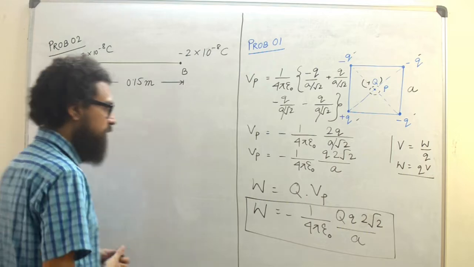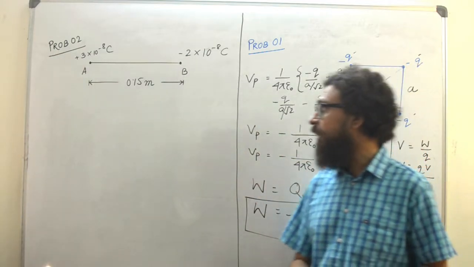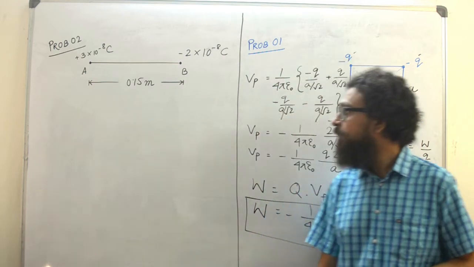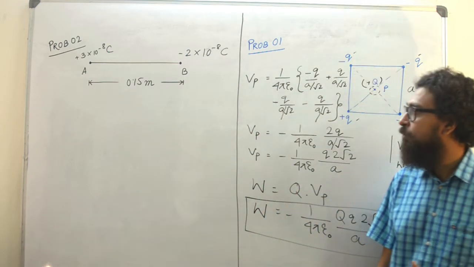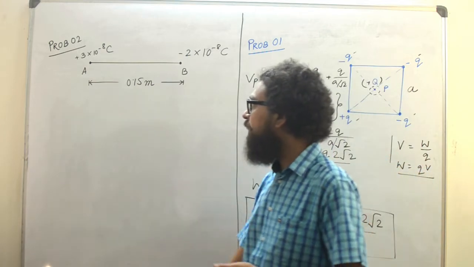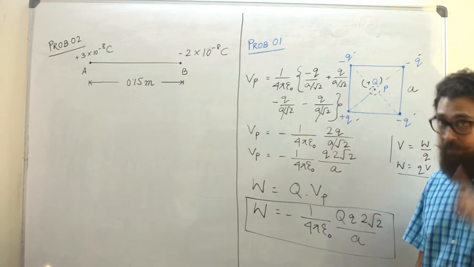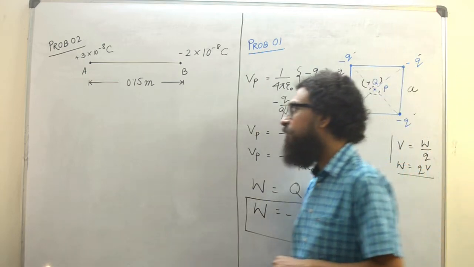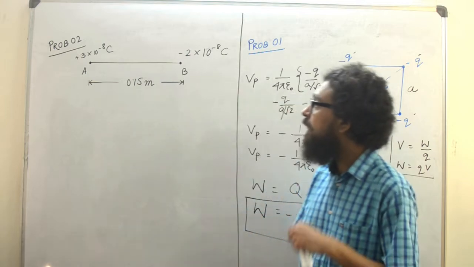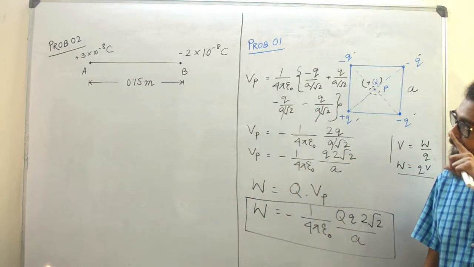Okay. Now the second problem states that there are two charges I have mentioned here. Point A is having a charge plus 3 into 10 to the power minus 8 coulomb. Point B is having a charge which is minus 2 into 10 to the power minus 8 coulomb. And the distance between A and B is 0.15 meter or 15 centimeter. Anyways, what they have asked? They have asked to find out a point within A and B where the net potential